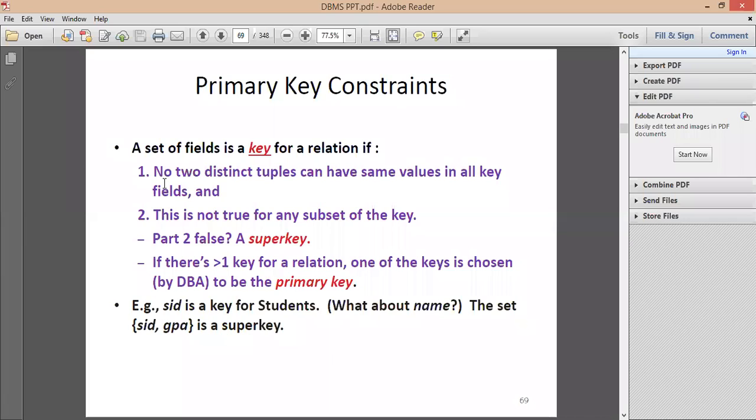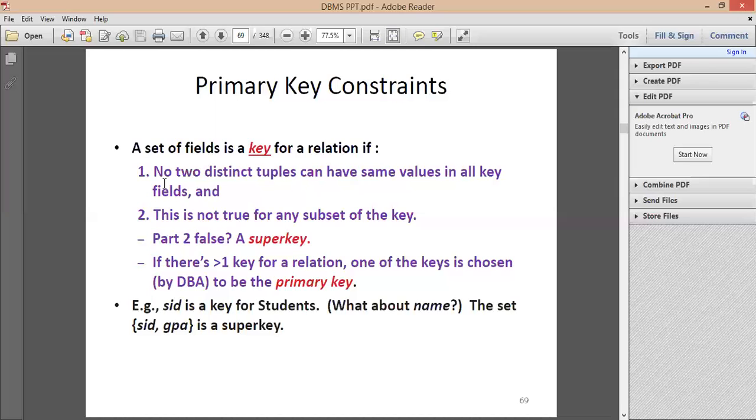Let me give you an example: you can identify a student's name by using the roll number. If I give a student table where you have roll number, name, address and so on, then roll number is the primary key. That is a key constraint. Then what do you mean by primary key?